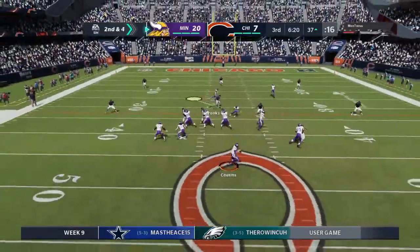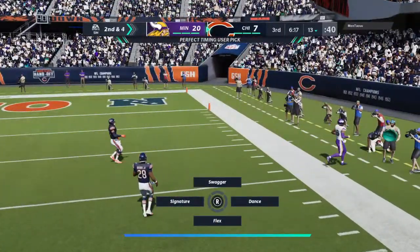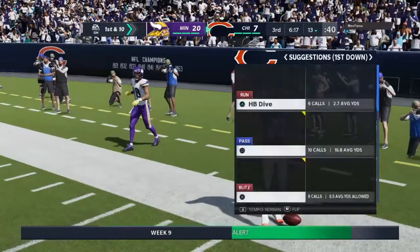Off the play fake, Cousins. They're looking for Jefferson, but this is intercepted. Picked off by Kyle Fuller. That is just what...